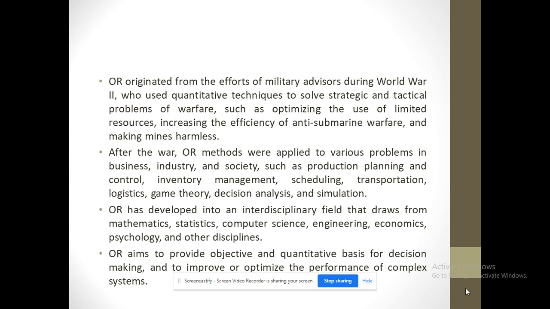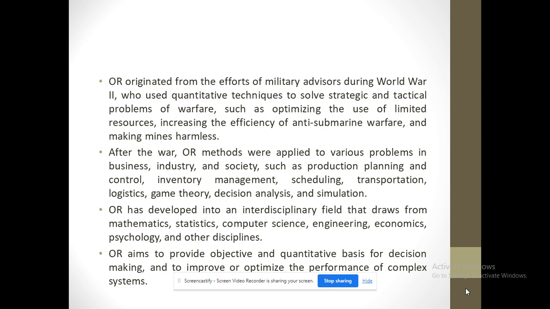The operational research section made significant contributions to the war effort by using quantitative techniques such as linear programming, queuing theory, network analysis, game theory, and statistical inference. Some of their notable achievements include improving the efficiency of anti submarine warfare by analyzing convoy routes, escort tactics, sonar detection, depth charge patterns, and enemy behavior, making mines harmless by devising a method to sweep magnetic mines using degaussing coils on ships,